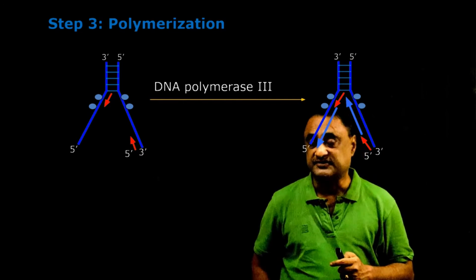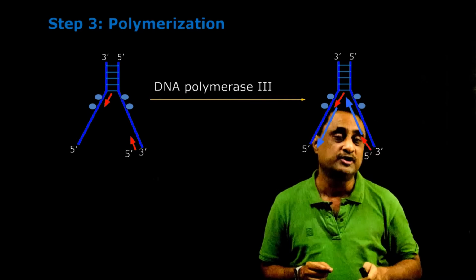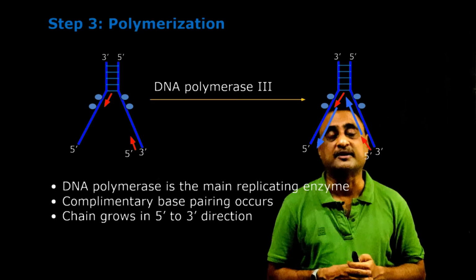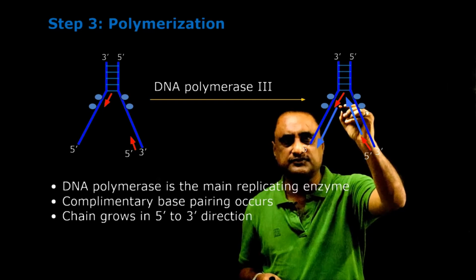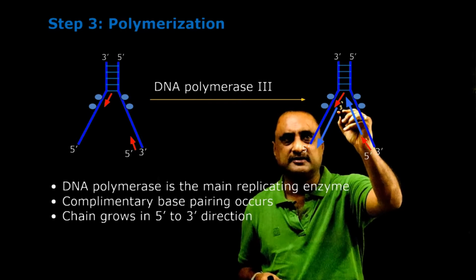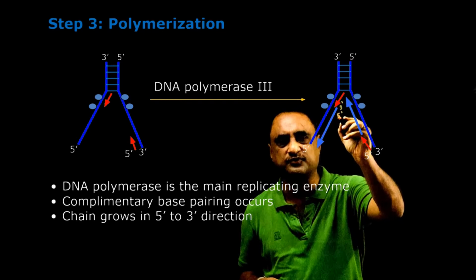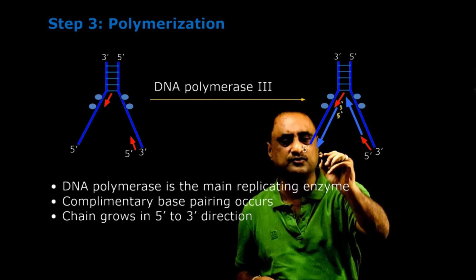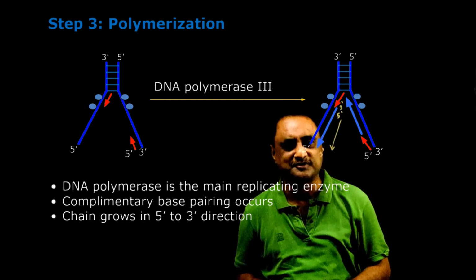According to that, the synthesis is going to happen. Mind it, that synthesis always begins from the RNA primer. So the RNA primer, as I told you, is going to provide the free hydroxyl group. But here also, you see the synthesis always occurs in the 5' to 3' direction, right? You see here that this is a 3', for RNA. Then this is going to combine with a 5'. This 5' is for DNA, that is the blue color structure, right? So naturally, then again it is going to be 3'. So here what we see, synthesis always occurs from 5' to 3', right?